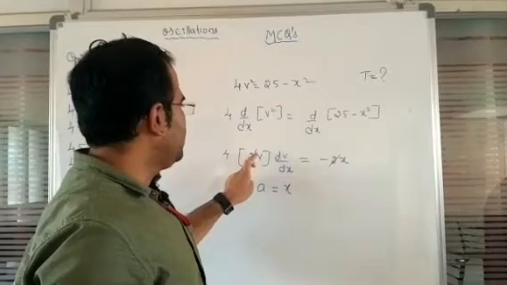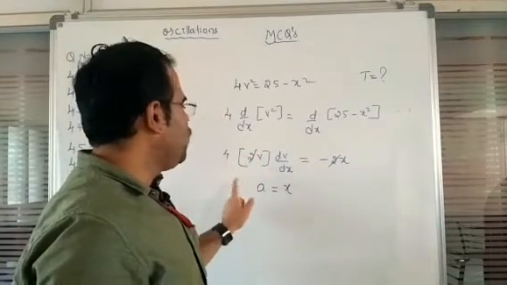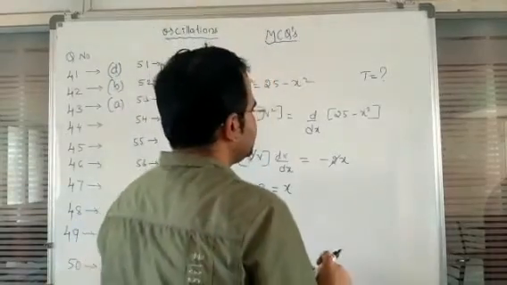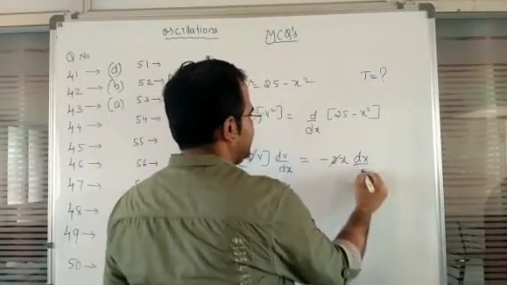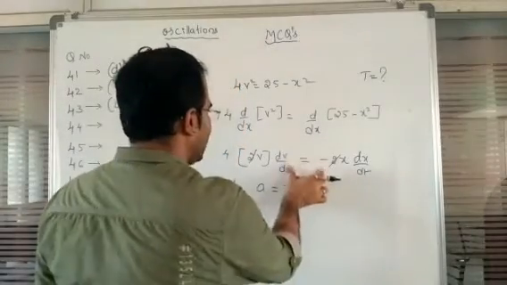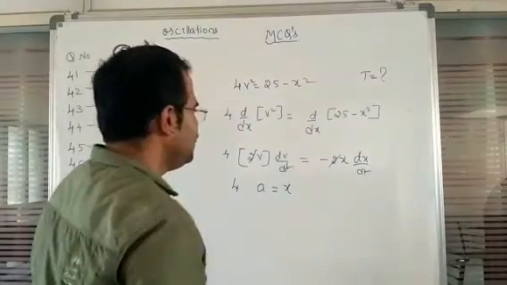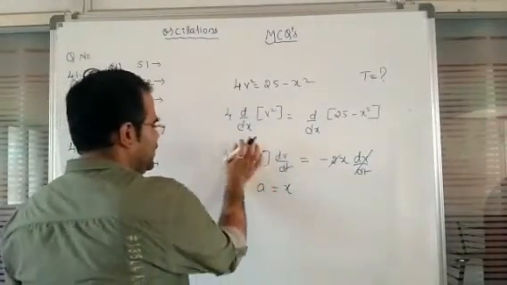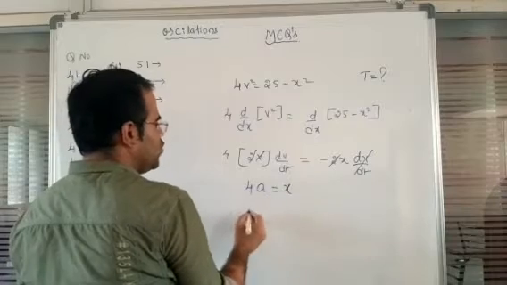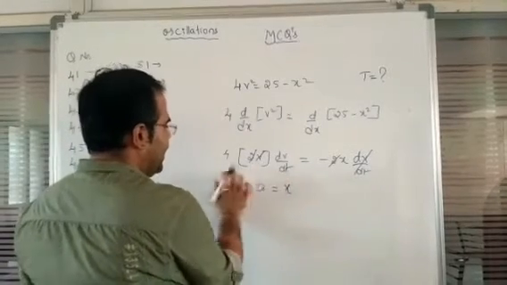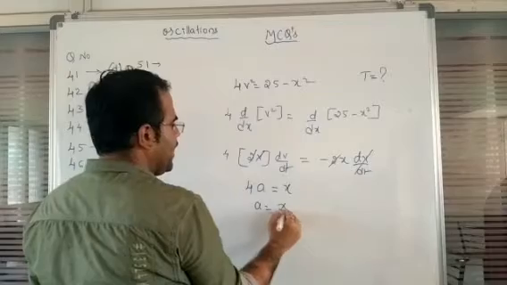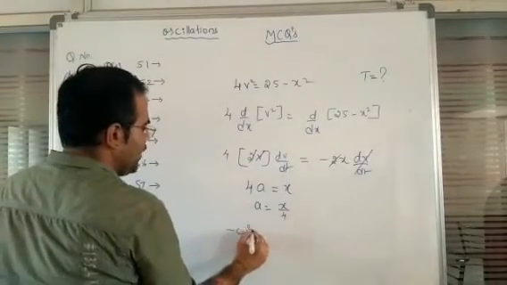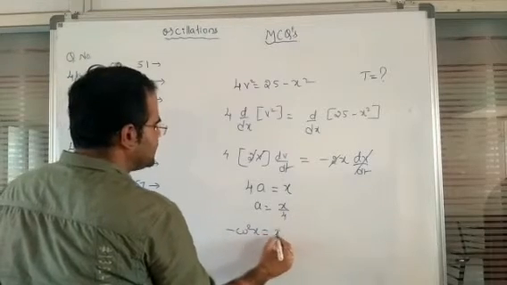So here the value we are going to obtain is 4 into v. On differentiating 2x square with respect to time, the velocity and velocity will get cancelled here. So 4 multiplied by a is equal to x, or else we can write acceleration a is equal to x divided by 4 here. Now the maximum acceleration omega x square is equal to x divided by 4.